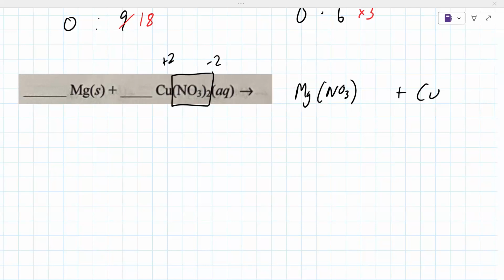I have to look at the periodic table. Its charge is, let me just double check, yeah, it's a +2. So you're going to need 2 of them there to go with the Mg. And then copper is fine by itself. Okay, so now you got to put the